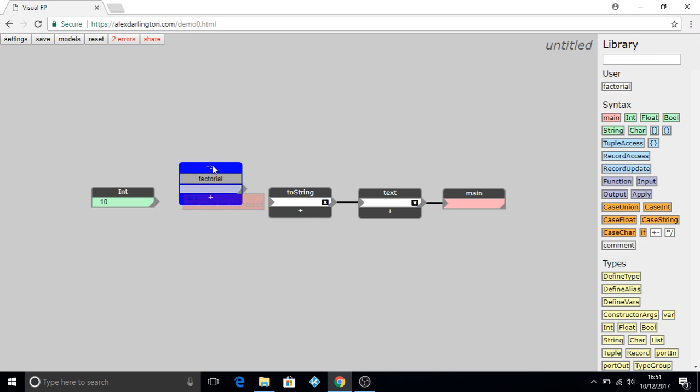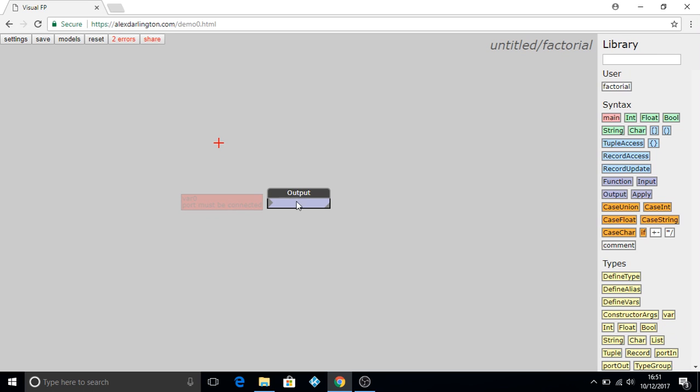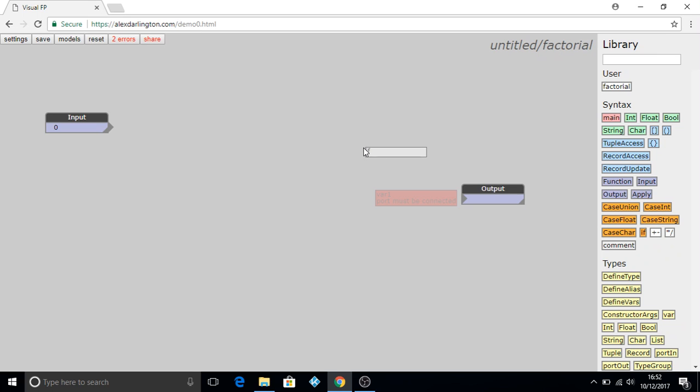So we're going to go inside the block, and you can see the only thing inside there to begin with is an output. We need to add an input to the function because our function will take an integer as an input and calculate the factorial of that integer as the output. So the first thing we want to do is add a condition. I'm going to add an if statement,